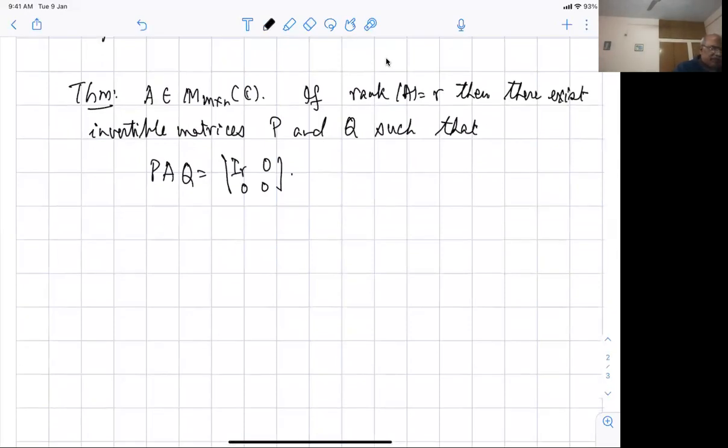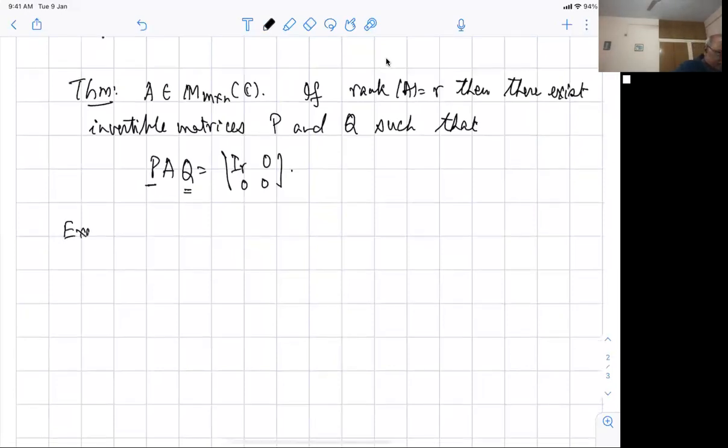But what I want you to see here is that I'm multiplying P on the left to get I_R in some sense, because there are R pivots, so there I_R is sitting inside that. And I have to multiply by Q on the right to arrange them in a proper form and remove the extra non-zero elements. Is that okay? So this is what we do. So let's try to look at an example. One example to proceed. What exactly am I doing? Example.